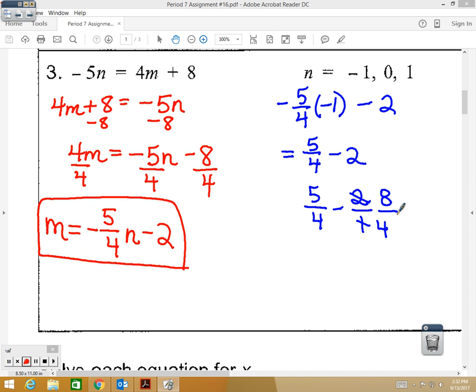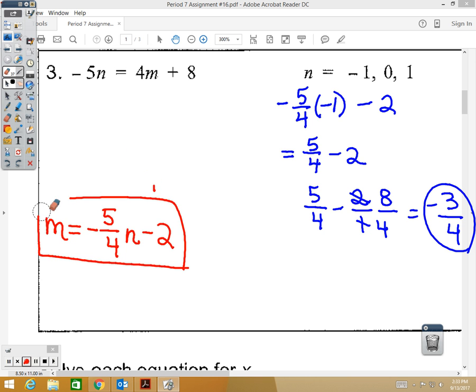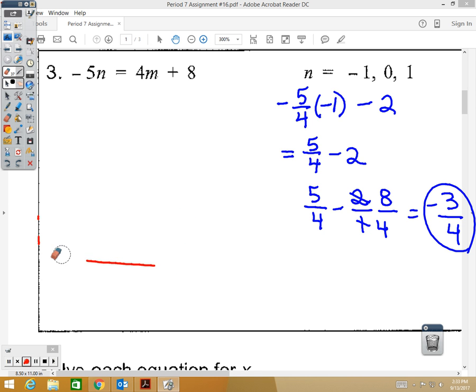So it becomes 8 over 4. So 2 changed to 8 over 4. So now I can do 5 minus 8, which is negative 3 over 4. Okay? Now, I don't want you to erase anything on your paper, but I need to write bigger up here, so I'm going to erase this side so I have more space. Because now I need to do,